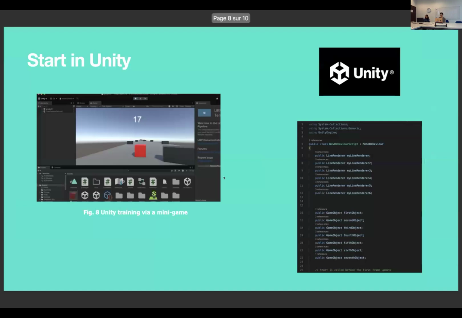So now this is the core of the project. We start the part where we want to visualize the results of modal analysis in immersive environments. First we have to go through Unity, because it's a software that is linked to augmented reality devices. So first I had to get familiar with